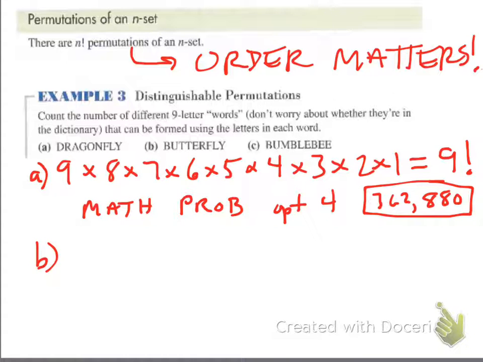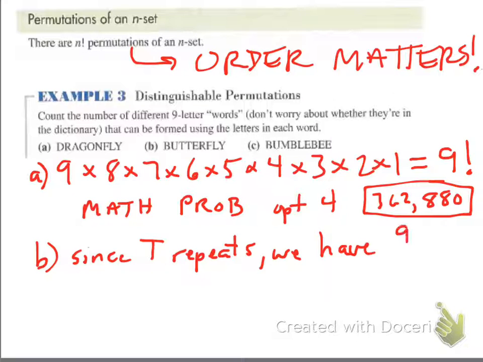Part B. Now, here's the issue. In Part A, we didn't have any letters that repeated. In Part B, we do. We have 1 letter that repeats. So since T repeats, we have to account for that. So we're going to have 9 factorial like we normally had, but this time we're going to divide by 2